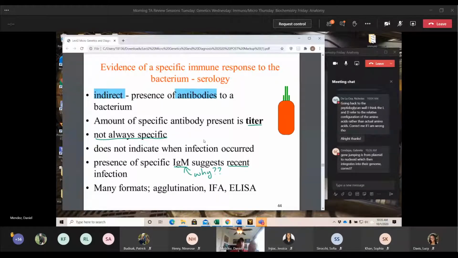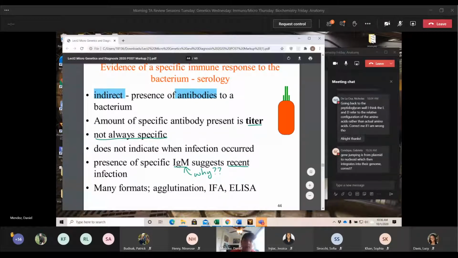What you can do is you can then take that titer and use that same serology onto an ELISA. And we're going to talk about that type of ELISA. So we have the direct ELISA, where we're looking for that specific antigen. And then we have the next type of ELISA, which is where we're looking for what that antibody binds to.